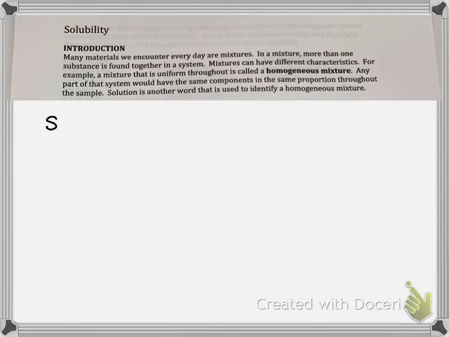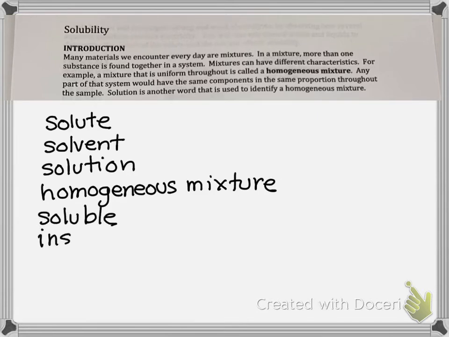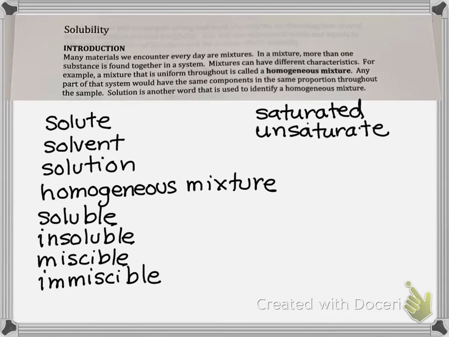look in your chapter. So the words that are important to understanding the lab are solute, solvent, solution, homogeneous mixture, then we have soluble, insoluble, miscible, immiscible, saturated, unsaturated, electrolyte, I'll come down here, non-electrolyte,